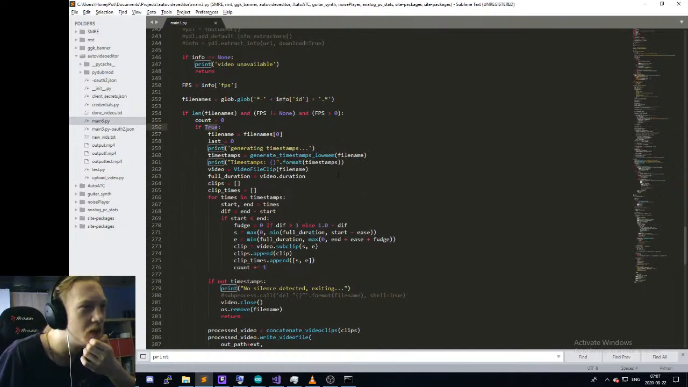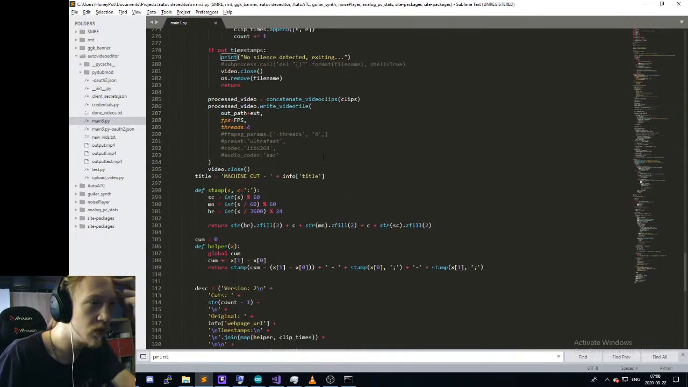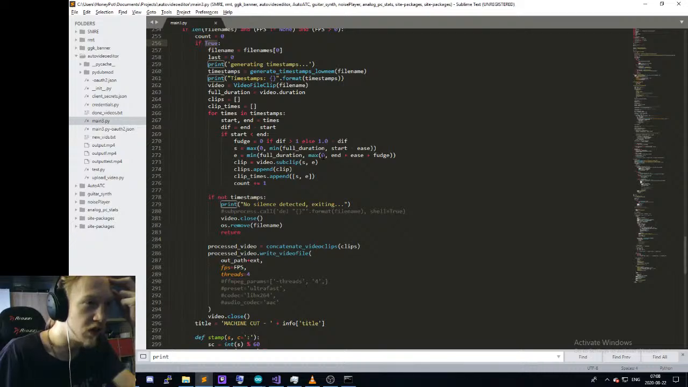If true. Why do I still have that? I should probably remove that. What does that even do? That generates the timestamps. Okay, so